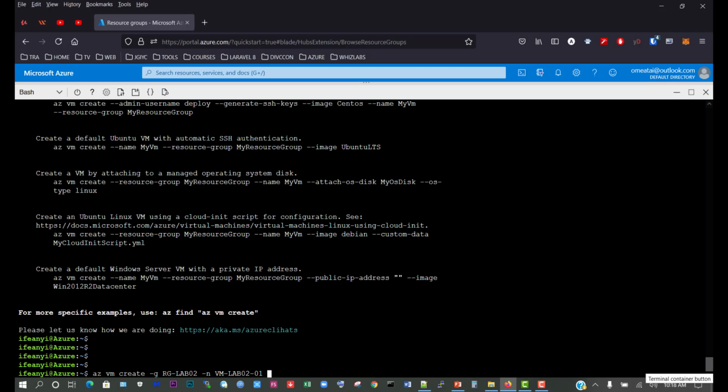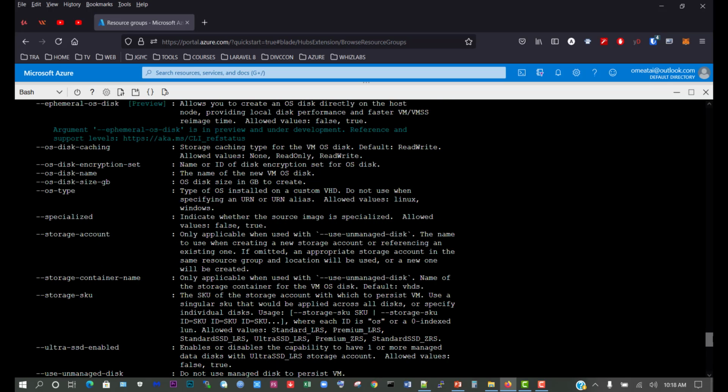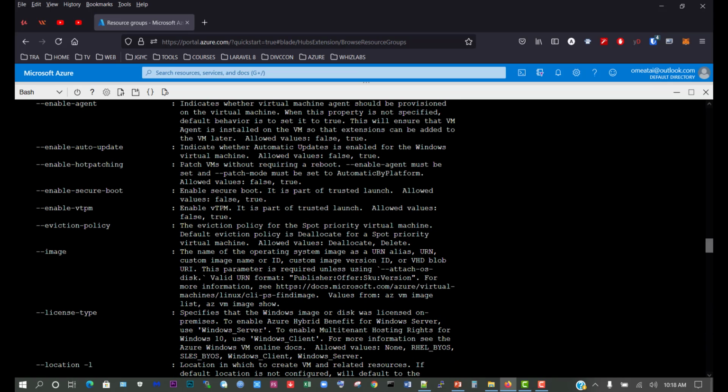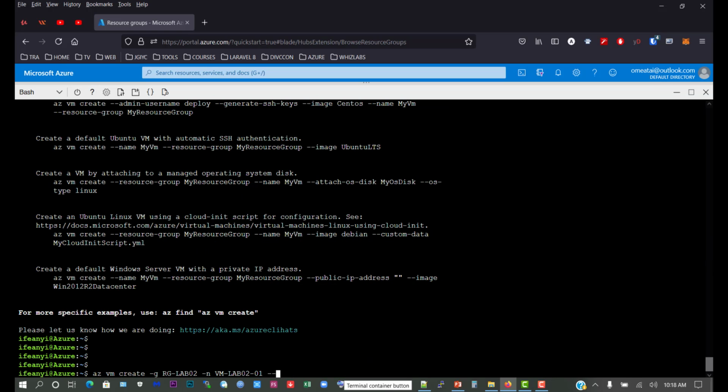Then I'm going to give the image of the Linux distribution. So we'll go up here to image, and we can see the name of the operating system image, --image. And we're going to use the Ubuntu LTS, that's the image,